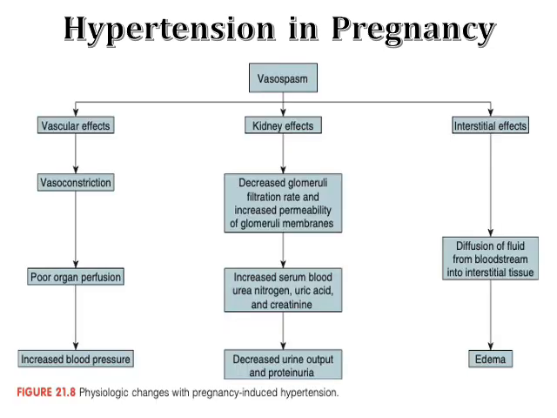As mentioned a while ago, hypertension in pregnancy or in all other kinds of hypertension, vasospasm is the key. No, nagkaroon ng pagsikip ng blood vessels. Now, in effect, when it happens in pregnancy, hindi lang yung pagtaas ng BP ang nangyayari sa kanila. Nagkakaroon pa ng additional proteinuria and edema, which does not happen with other types of hypertension. This figure 21.8 explains the physiologic changes with pregnancy-induced hypertension. That's why it leads to increased blood pressure, decreased urine output and proteinuria, and